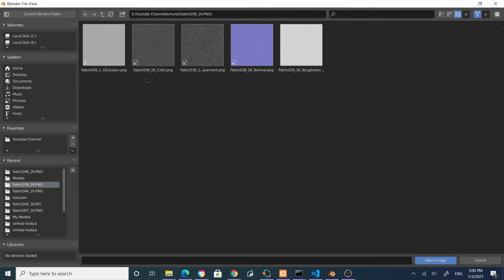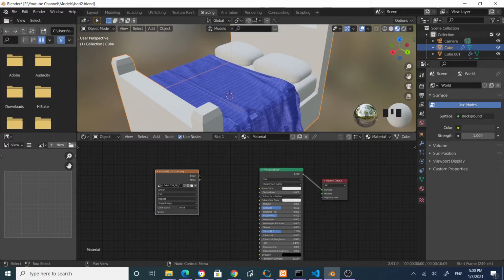It is the fabric 39 from that ambientCG textures website,